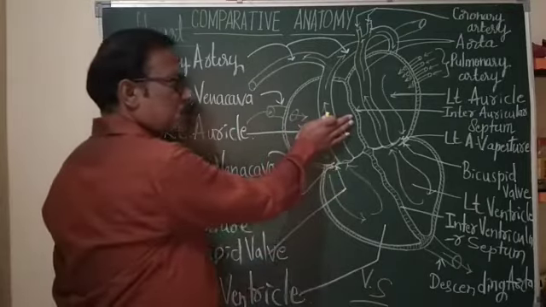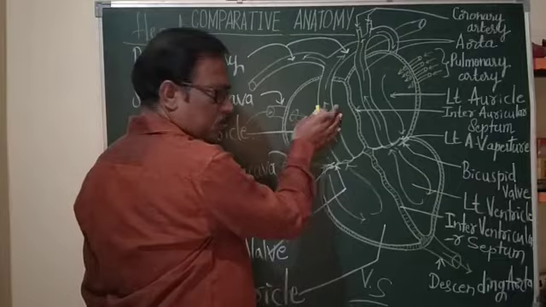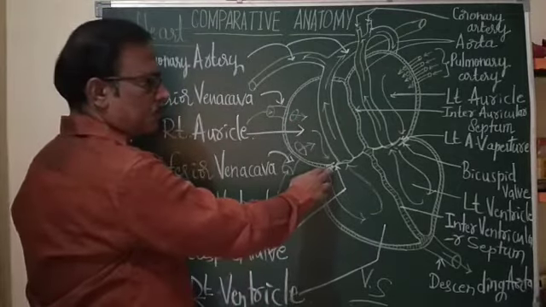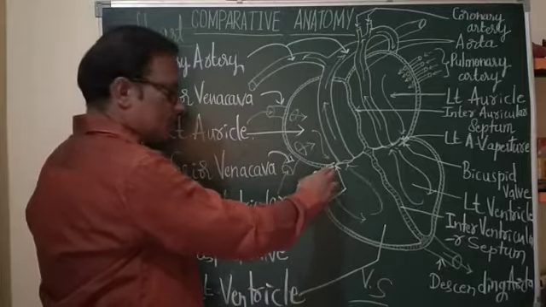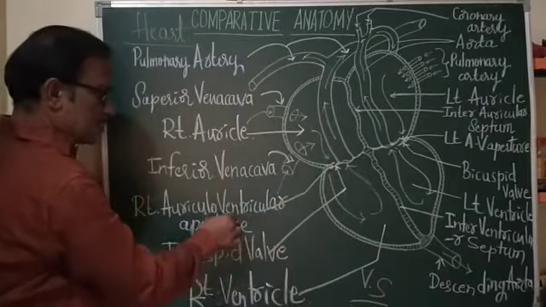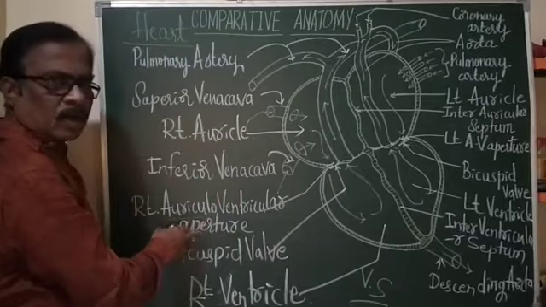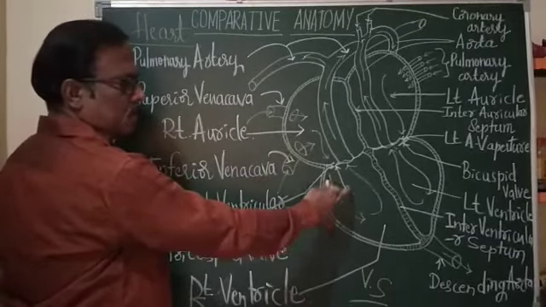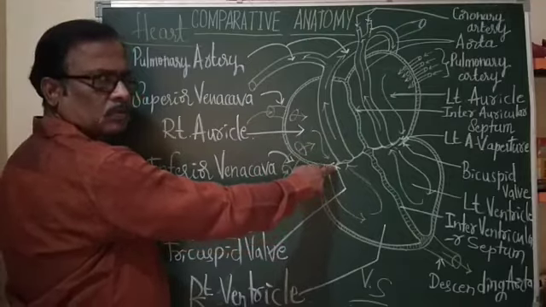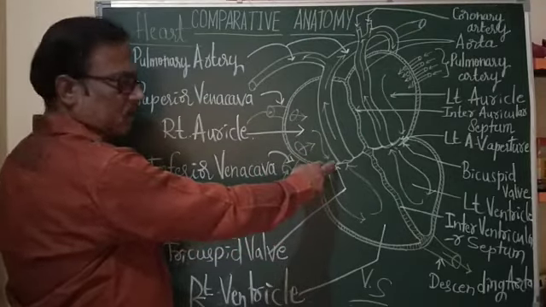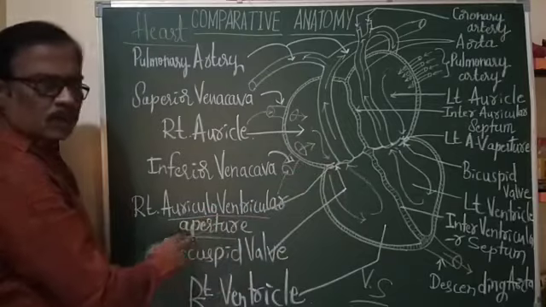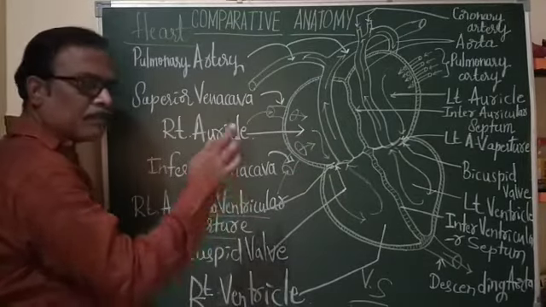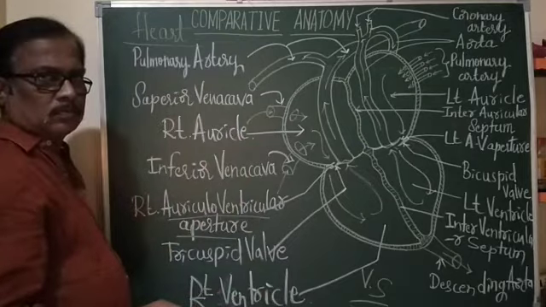So from the right auricle, this right auricle opens into the right ventricle by means of an aperture. This aperture is called the right auriculoventricular aperture. The right auricle opens to the right ventricle by means of a hole, an aperture, and that aperture is called the right auriculoventricular aperture, which is guarded by a valve, that is